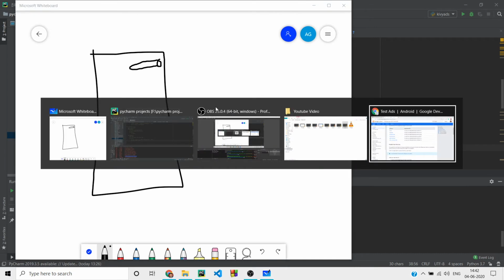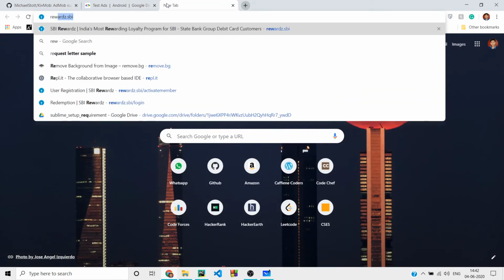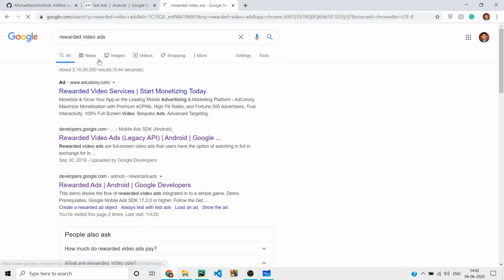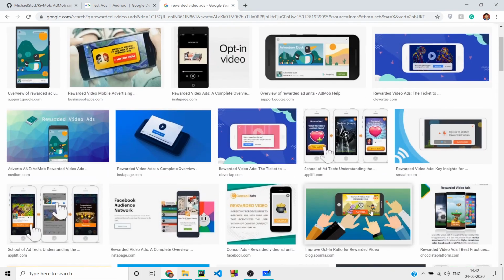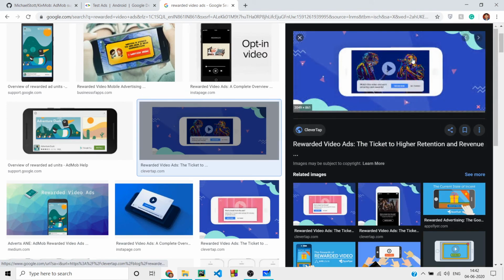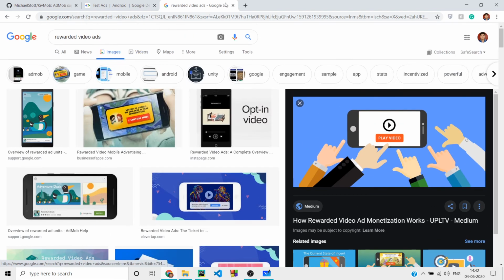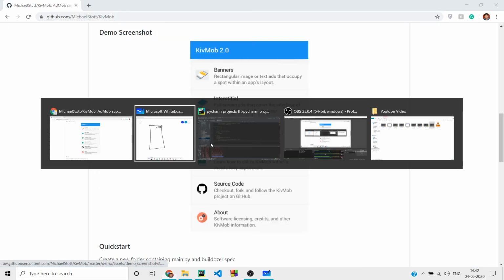Okay, let me take it to Google. Okay, so rewarded video ads, and if I show you some images, yeah, you can see that these type of rewarded video ads are like you are playing a video and then you get a reward. Okay, so what we will do for rewarded video ads,